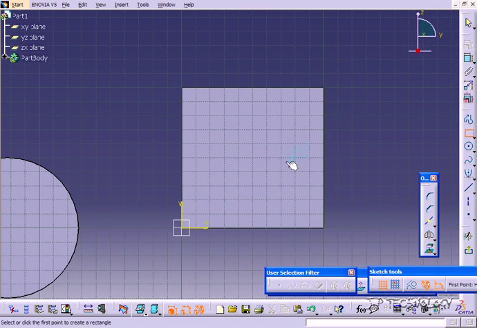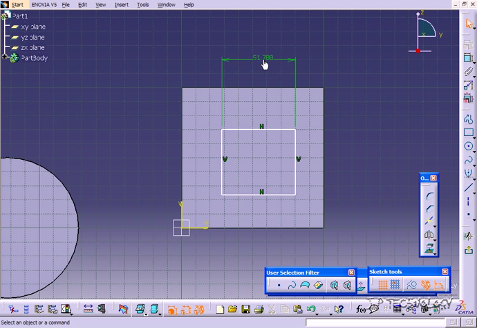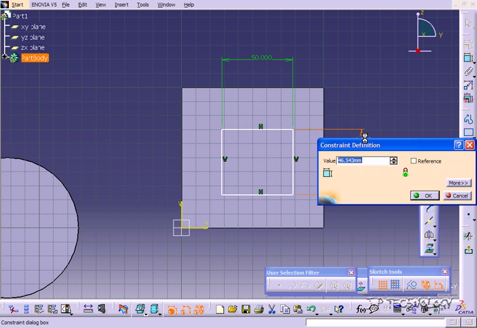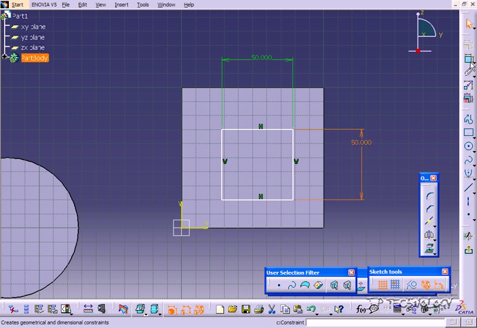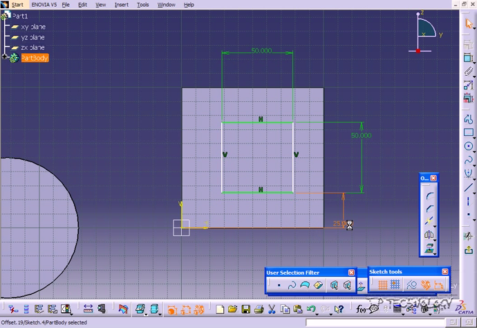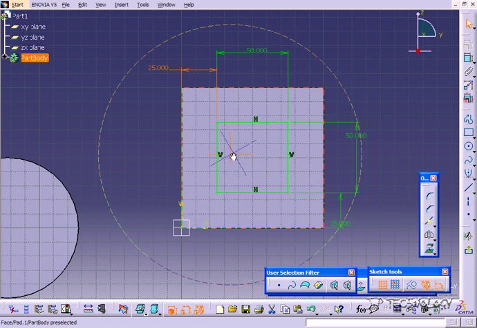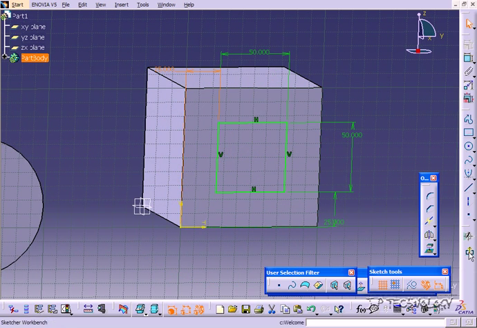So for the first one, let's click this face here, click Sketch, let's zoom in and let's draw a square. And let's dimension the square to 50 by 50. And we'll center it, so it's going to be 25 by 25. So once you have all those dimensions in, let's go back up